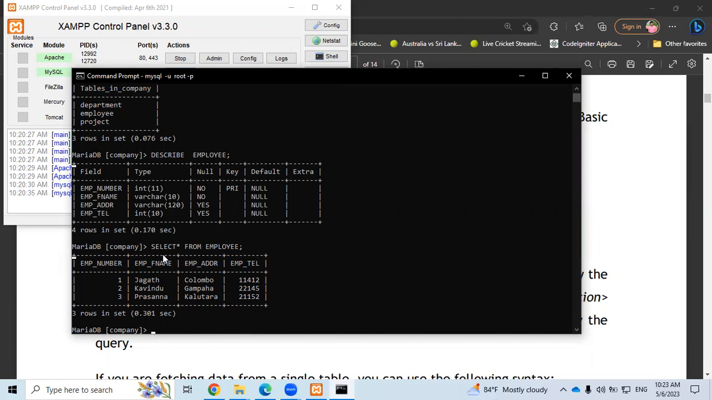Now I didn't use a where clause, but let's see. Select all the data from employee, where now I'm giving a condition: where EMP number equals